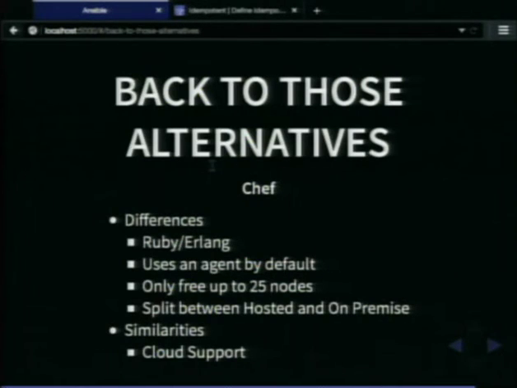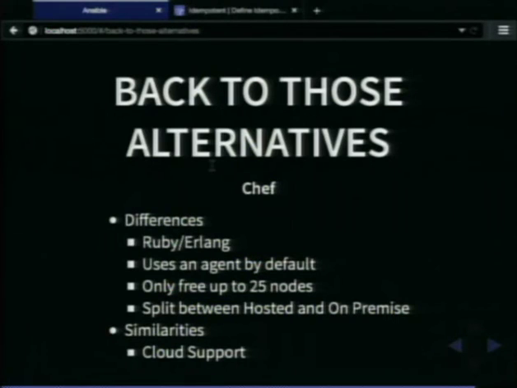Chef. There are some differences between Ansible and Chef. Chef is written in Ruby and Erlang. It uses an agent by default, which is one of the things that I really like about Ansible. It doesn't. You can only use it free up to 25 nodes. Ansible, free. If you want the pretty GUI, Tower, pay money.